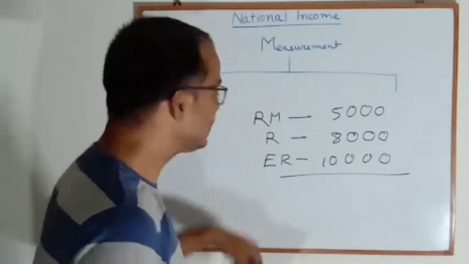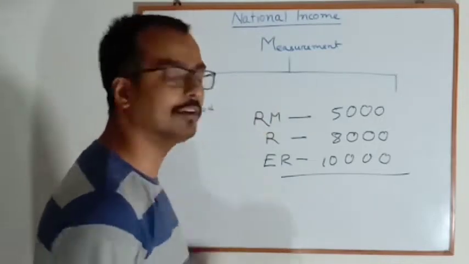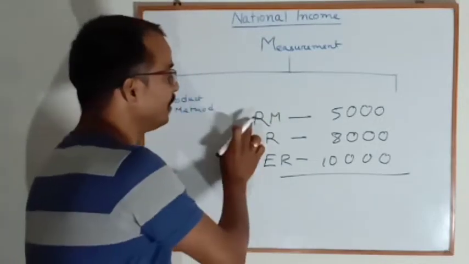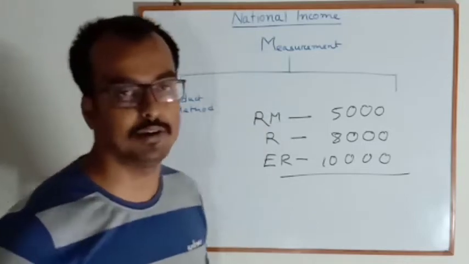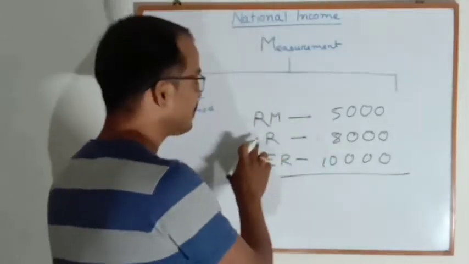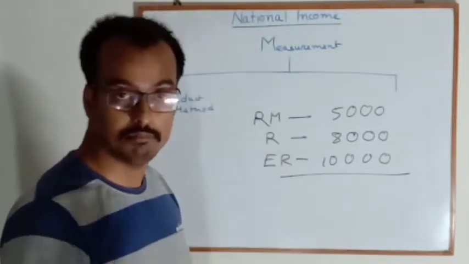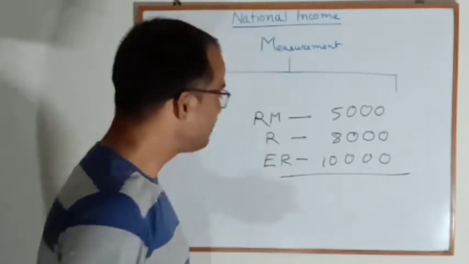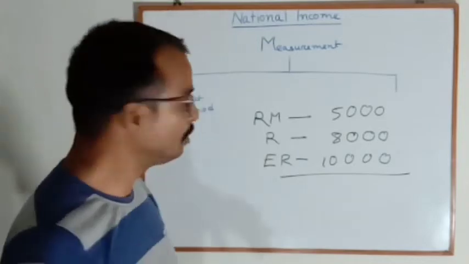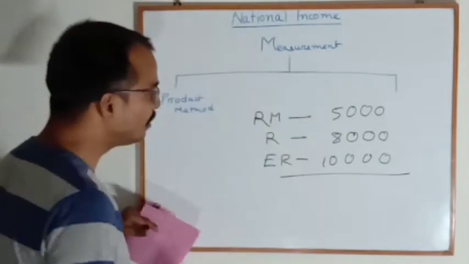Now for each and every one, all the things are final goods. For him, rubber milk is the final good. For the second person, rubber is the final good, and for this eraser making firm, eraser is a final good. So